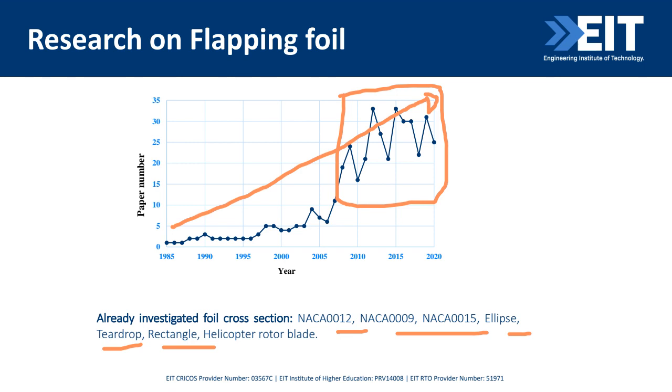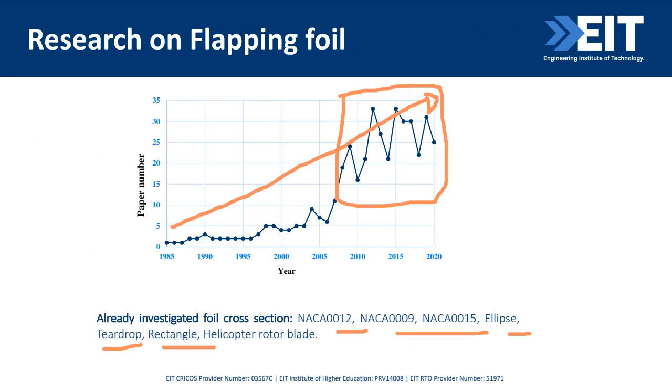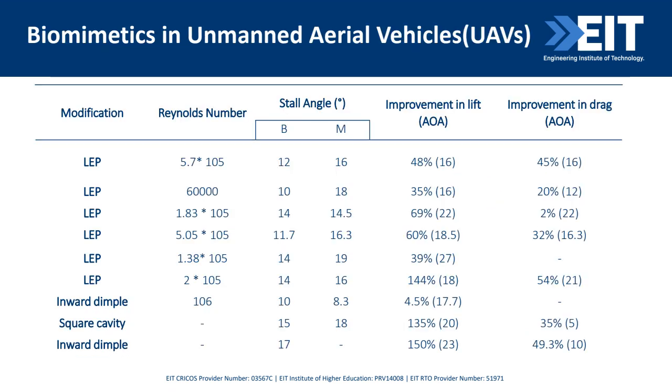So this part is regarding the water vehicle, the autonomous underwater vehicle. This figure is for the autonomous underwater vehicle, and the other part is the unmanned aerial vehicle. So the next figure is regarding the unmanned aerial vehicle. What we can see from this figure is that for unmanned aerial vehicles, different researchers try to mimic different things, like the